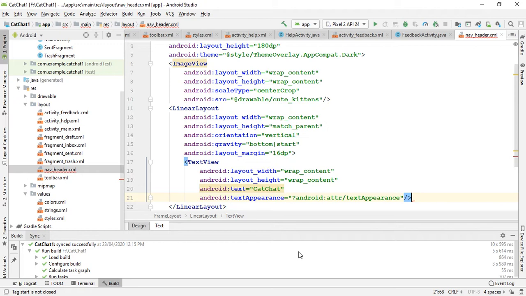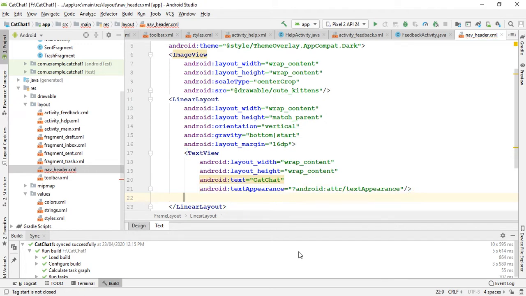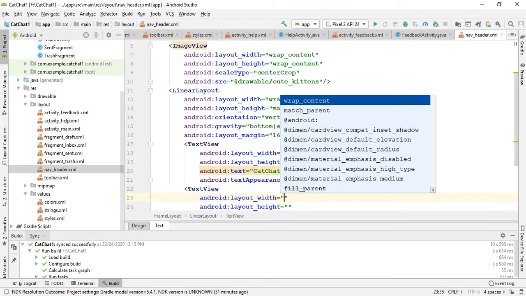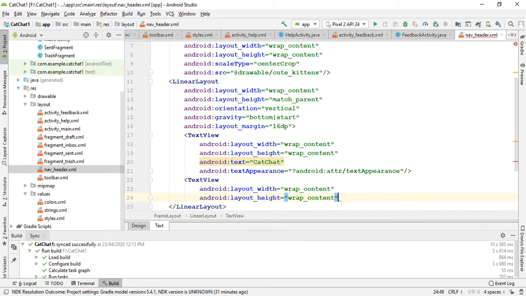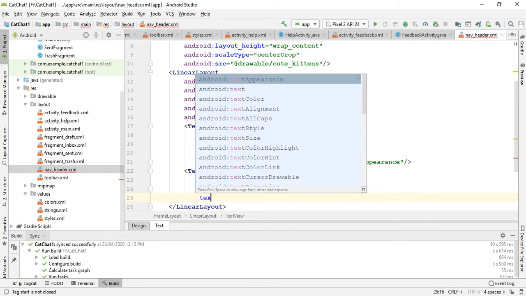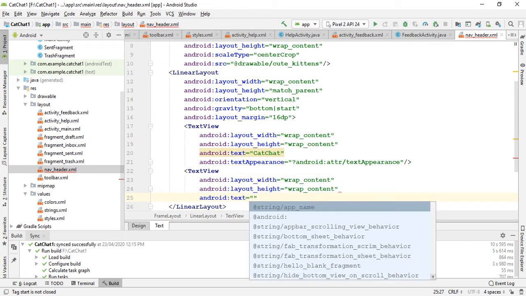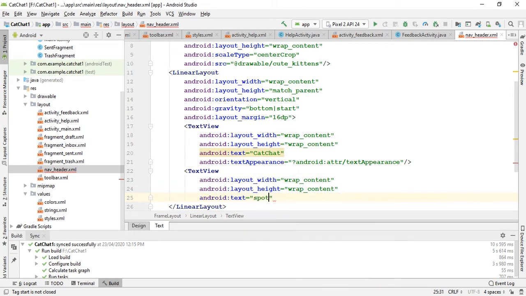And now I have to add next text view. So the next text view is, now my Android Studio is a little bit slow. Text view, wrap content, width will be wrap content, the height will also be wrap content. Then I will add text. So the text will be it was spot at the rate